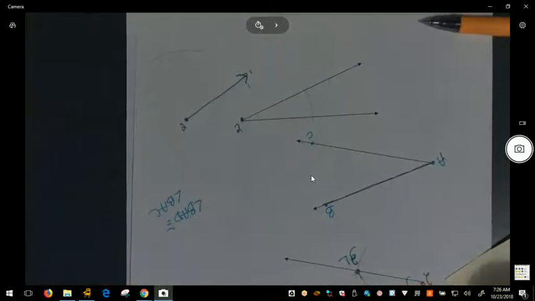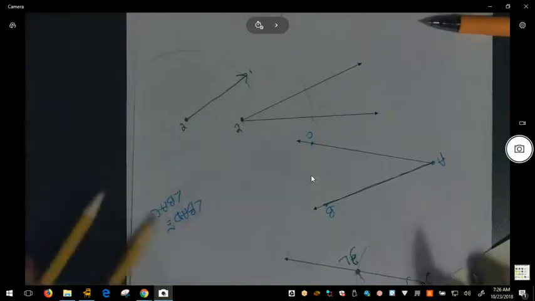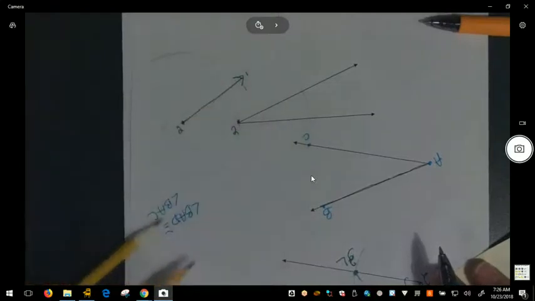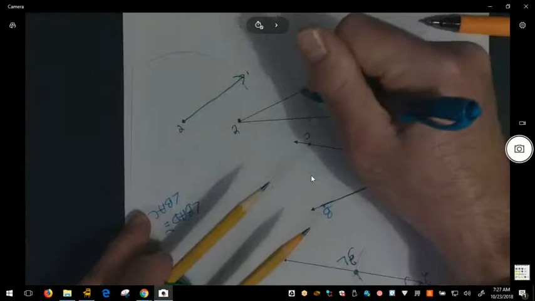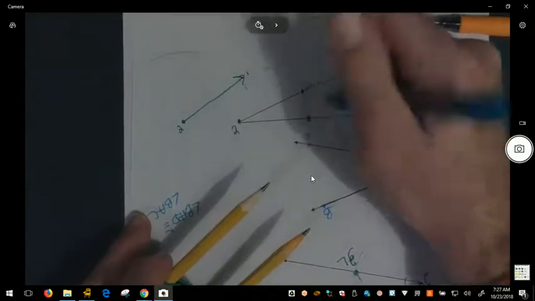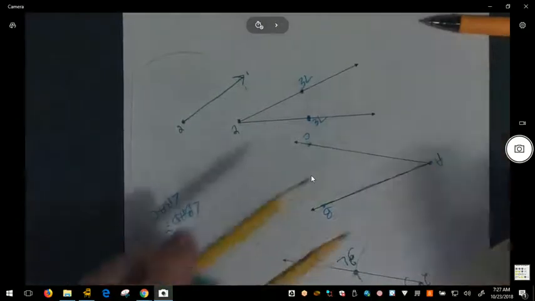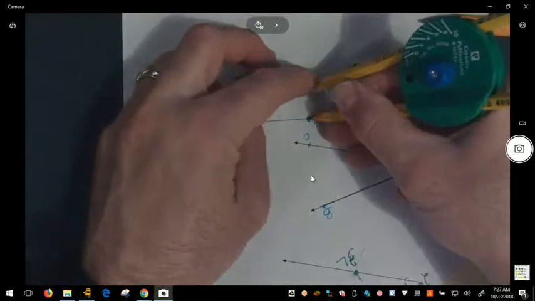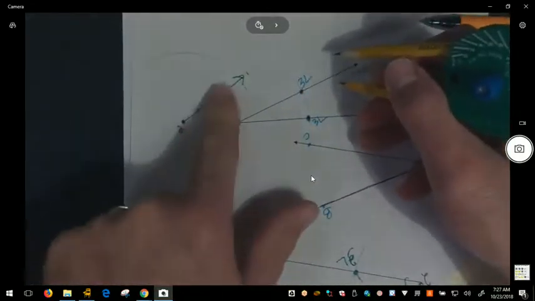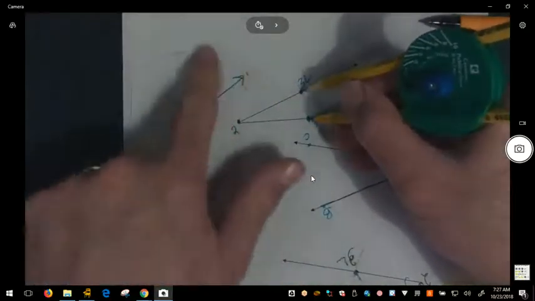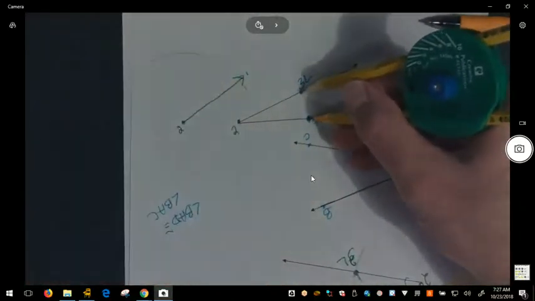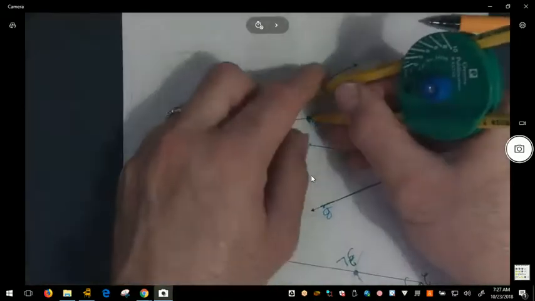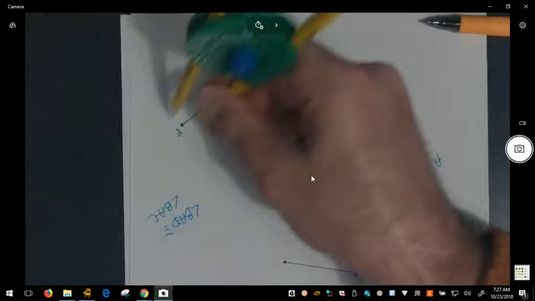What's step 3? What do I do next? Then you bring it out. I already have it here. I need to change the setting on the compass to be this distance right here. So this is step 3. I need to lock that distance. Set my compass down. By locking that distance, I already have this equidistant for here and here. I'm trying to figure out where on here the other point is supposed to be. So locking this distance, making sure not to move my compass, I come back over to